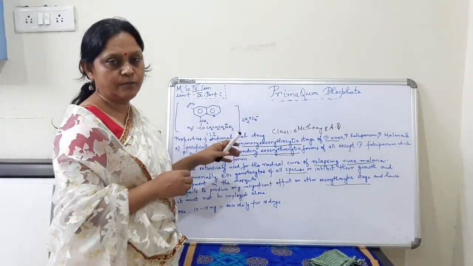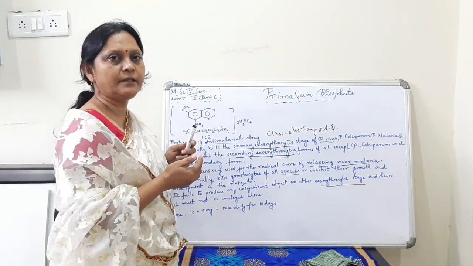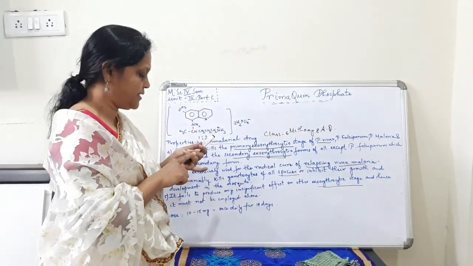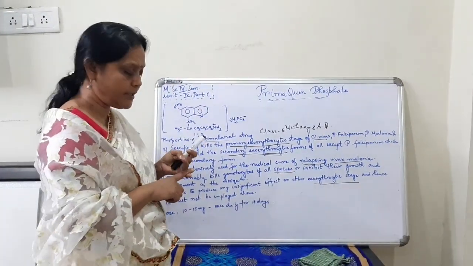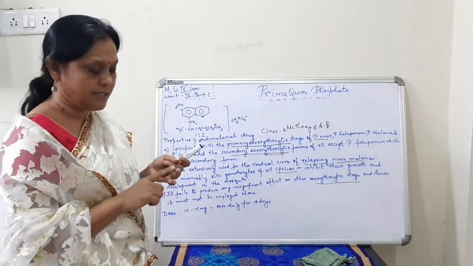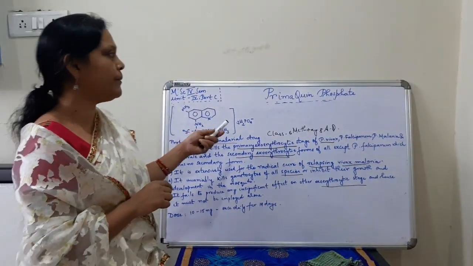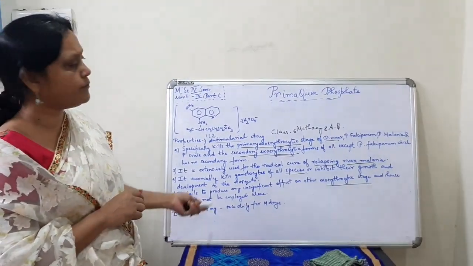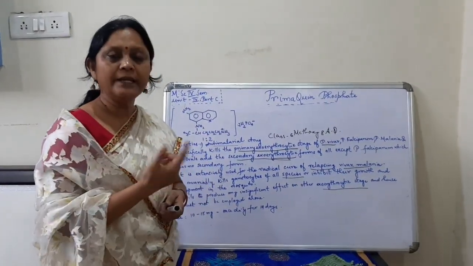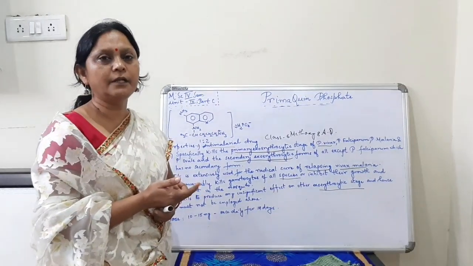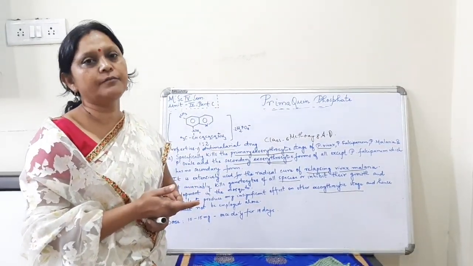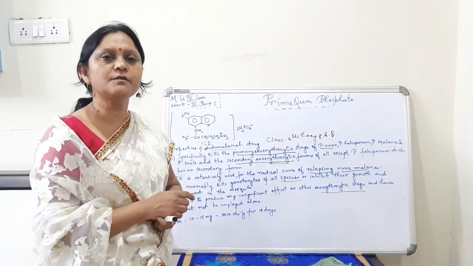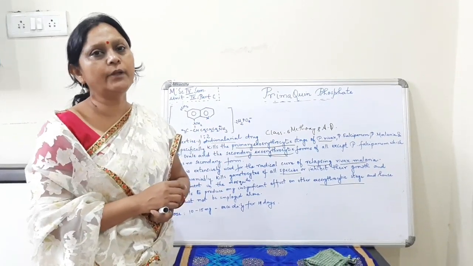In this lecture, we can sum up the things. What we have done, we have seen the synthesis of primaquine phosphate with 2 methods, and then the properties of primaquine phosphate and the doses actually taken for this drug. In my next video, I will tell you about another drug of 8-amino-6-methoxyquinoline, that is pentaquine phosphate.